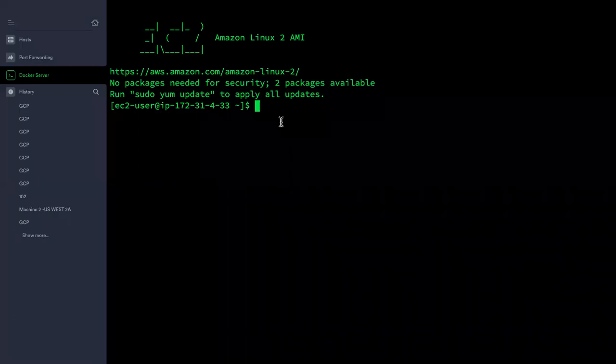As you can see, I have successfully connected with my Linux machine, and let's update it once.